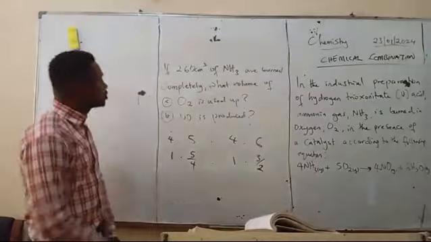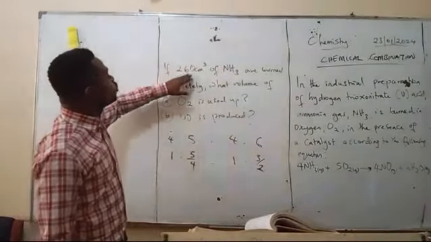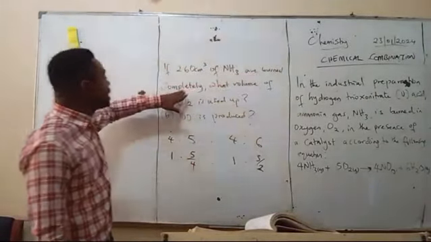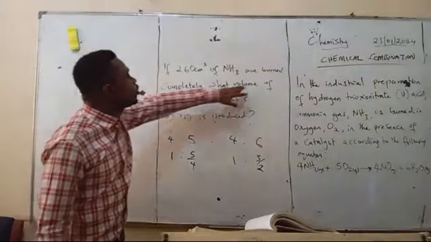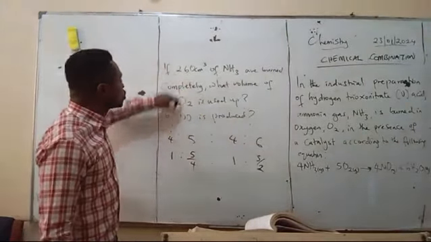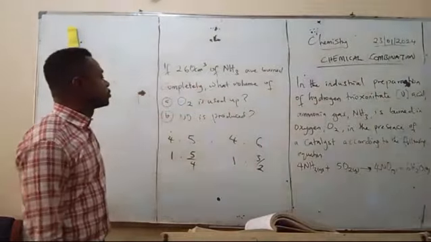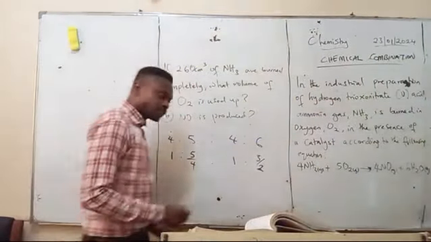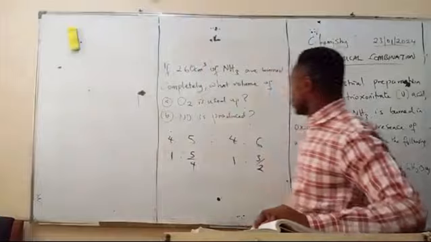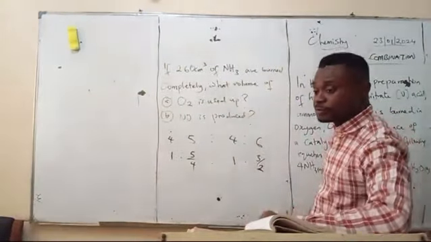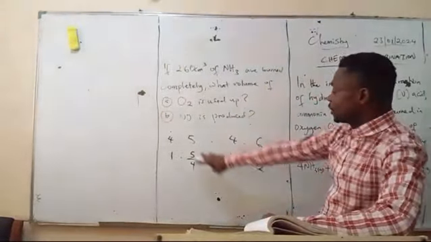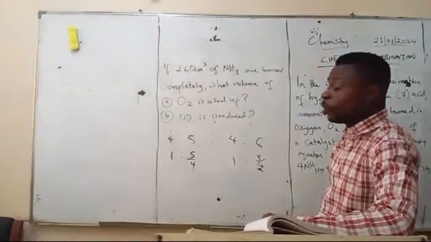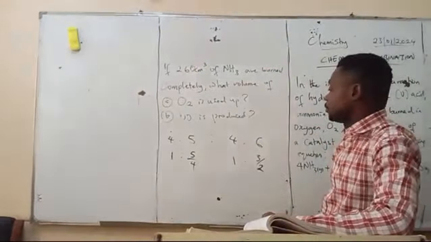Now let's go back to the question. It says, if 260 cm³ of ammonia are burned completely, what volume of oxygen is used up? Now, what do you think we can do here? We already have these mole ratios like this. What do you think we can do here? Look at it